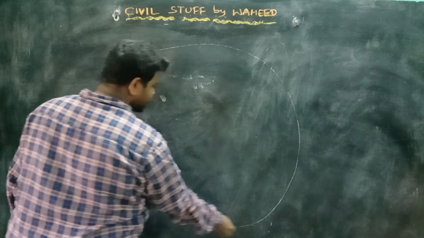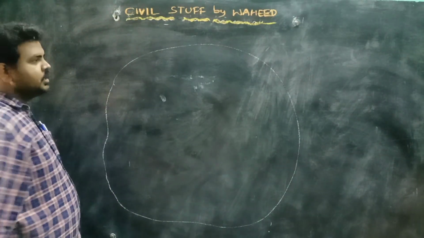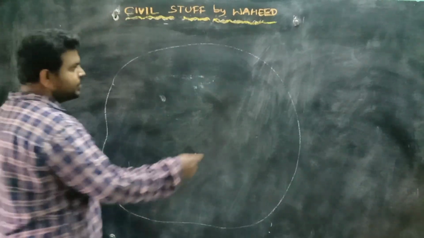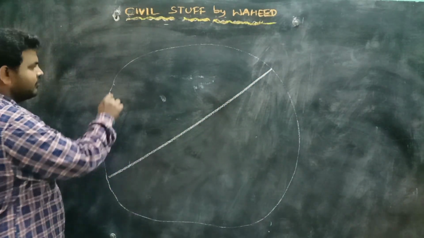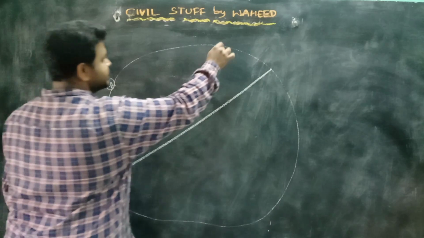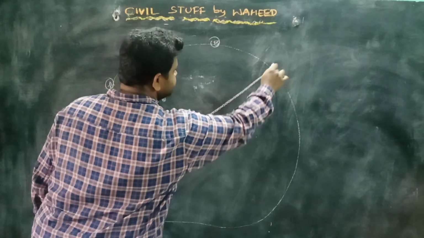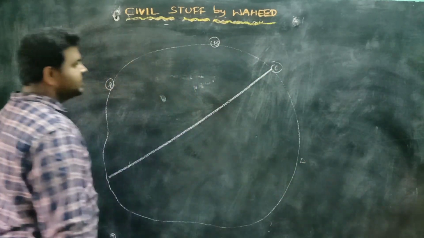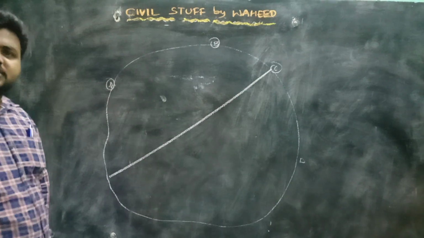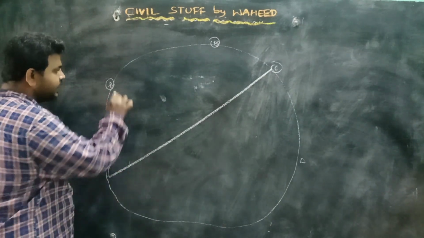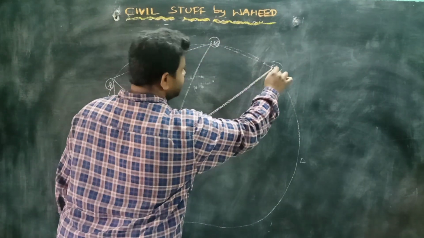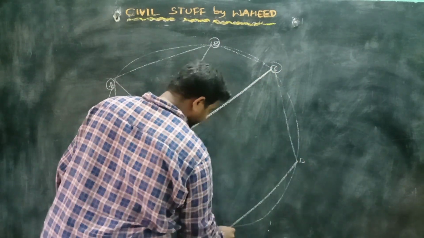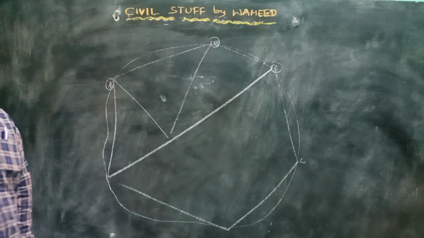Suppose my area is there. As we discussed in the previous videos, I will be dividing the area with a baseline and selecting the main stations somewhere like this. After that, based upon the principle of chain surveying, I divide the area into a number of triangles. All these we have discussed in the previous classes.